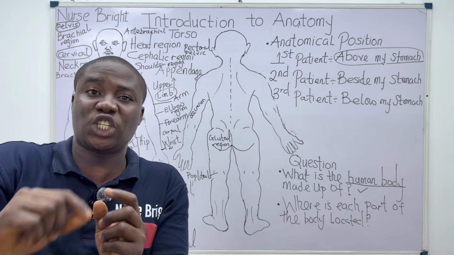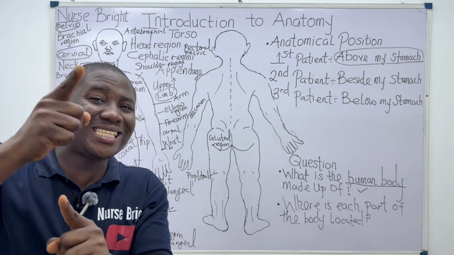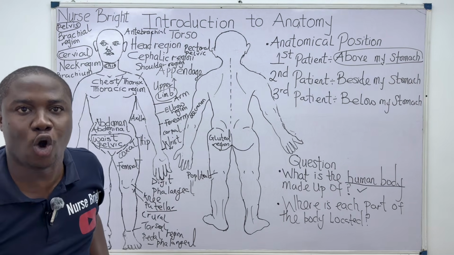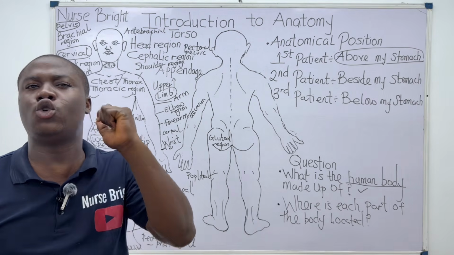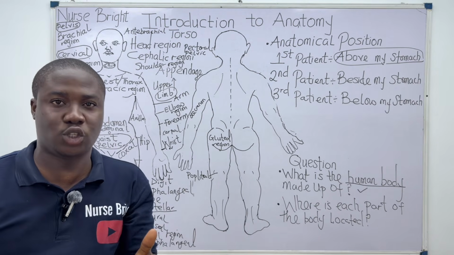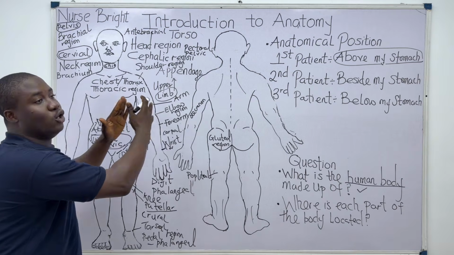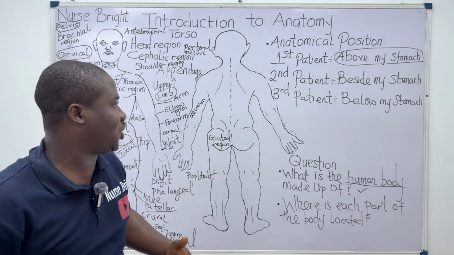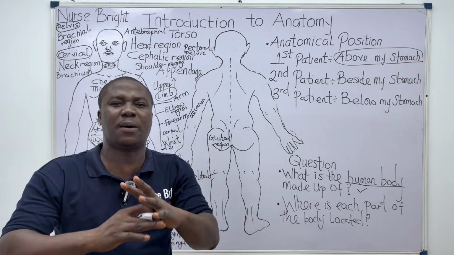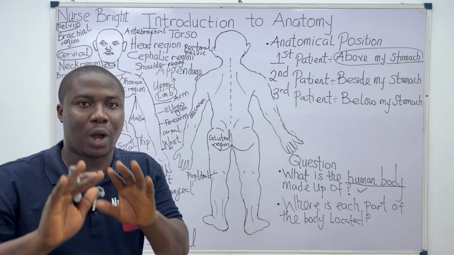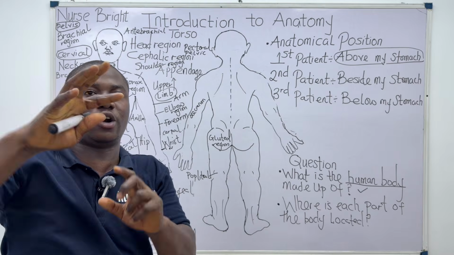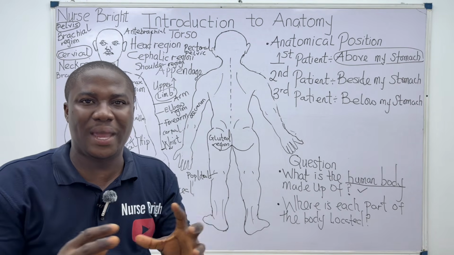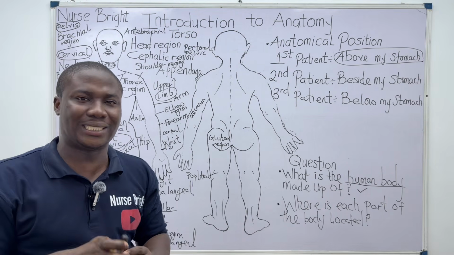And in this position, there are key things to note. The first thing I just said, the body stands erect in an upright posture. You can see that is the first thing you note in an anatomical position. You can see two views. This is the anterior view, which is the front view of the person, and this is the posterior view, which is the back view of the individual. We are coming to the terms anterior and posterior in more detail in the course of those basic anatomy classes. All right, just pay attention.